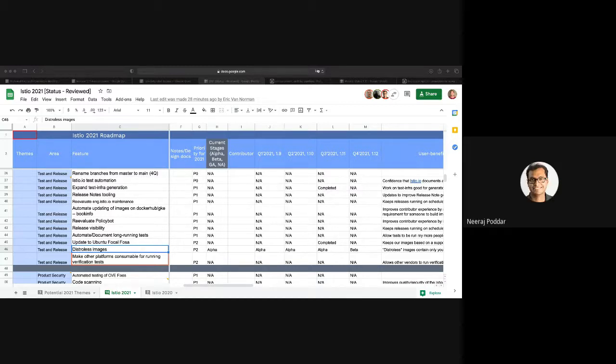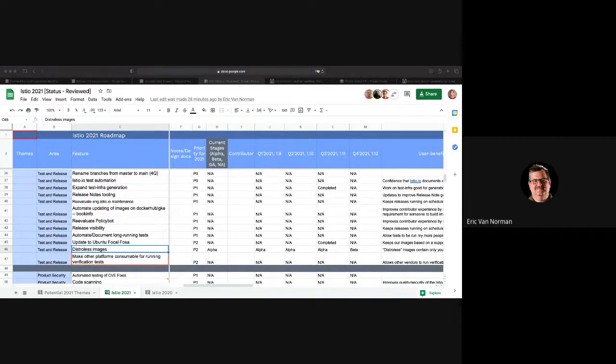Got it. And another item that feels like it should be higher up is the long running tests that we just discussed, right? I mean, it can catch real bugs and can prevent the scramble at the end. Right. I would agree that both that and these distro images are P0s, assuming we can get somebody assigned to them, which I think we can.